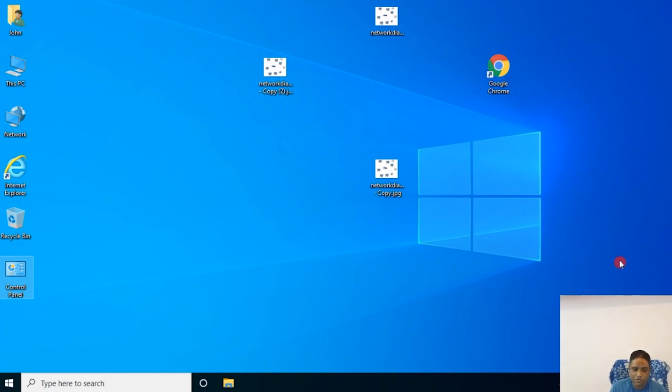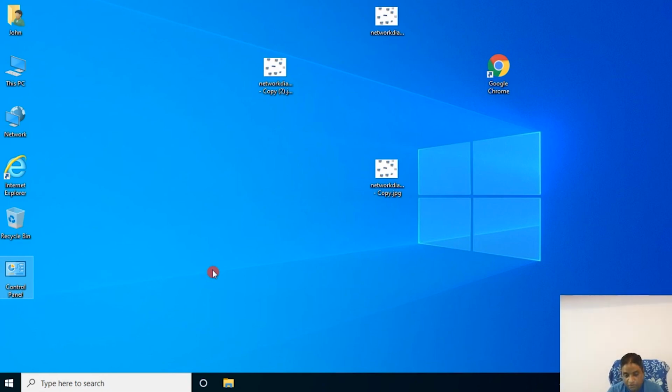So what we have learned today, students? We have learned what is a desktop. Desktop is the main screen when you turn on the computer. Then we know what are icons. Basically you should be knowing what are icons. In the same way you are using mobiles and tabs, similar icons are there on your tabs and mobiles. Then we learned what are the default icons on the computer, that is my documents, my computer, network, Internet Explorer, recycle bin and control panel.